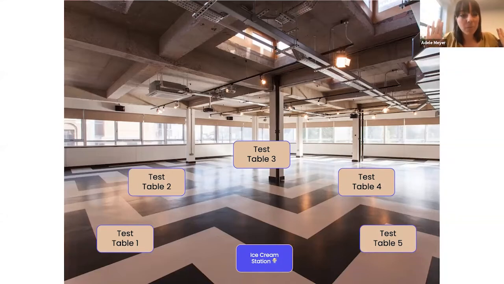Just for some context, this is what the event setup is going to look like. Okay, there's going to be between 5 and 7 tables set up, and small groups of about 6 to 10 testers will move from table to table, listening to each table, each entrepreneur, and engaging with their prototypes. So basically you'll be at your own table, and a group of like 6, 7, 8, 9, 10 people will approach your table all at once. And that's when you show, you tell, and ask all at the same time, about 10 minutes for each group.